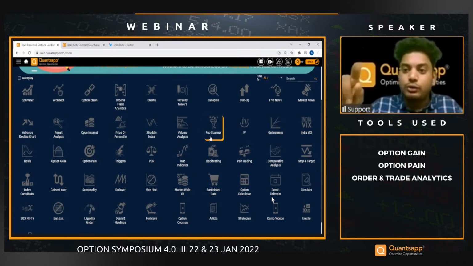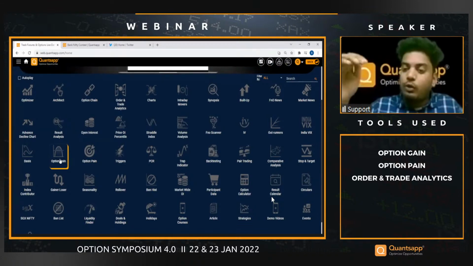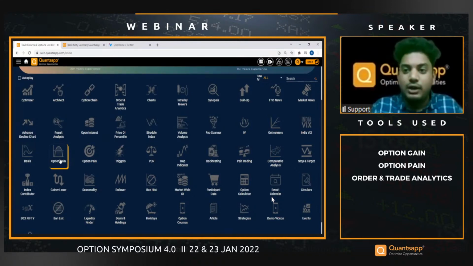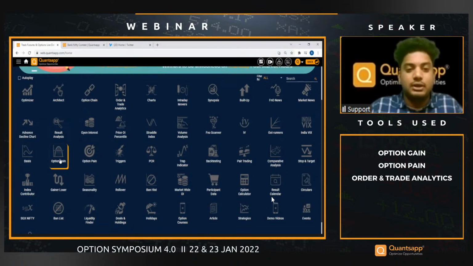Max pain as a standalone tool might not give you that high conviction idea, but check out the option gain. Watch out for how the shifts have been made, and also watch out for the EQ level, so that you get a resistance or a support wherever the EQ levels are placed, and based on that you can participate. If the EQ level is getting broken from down towards the upside, we can expect a significant positive move.